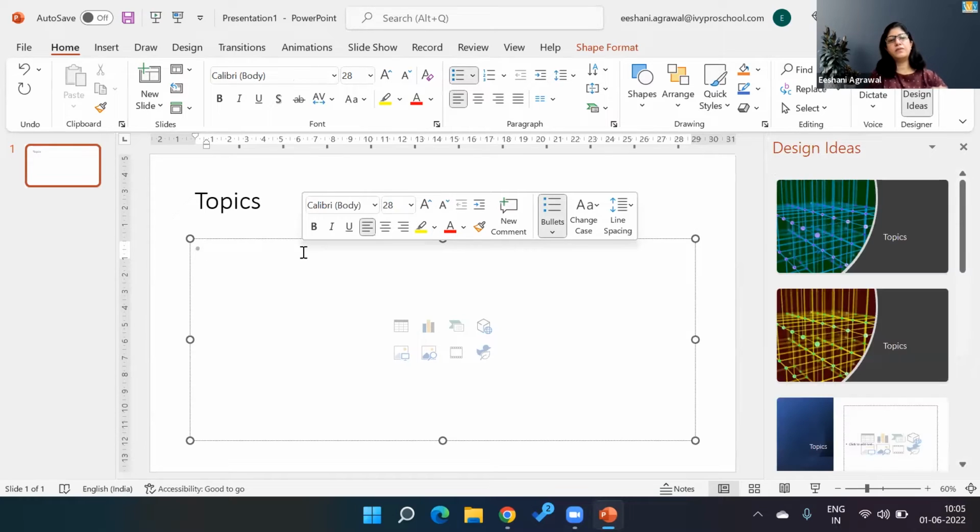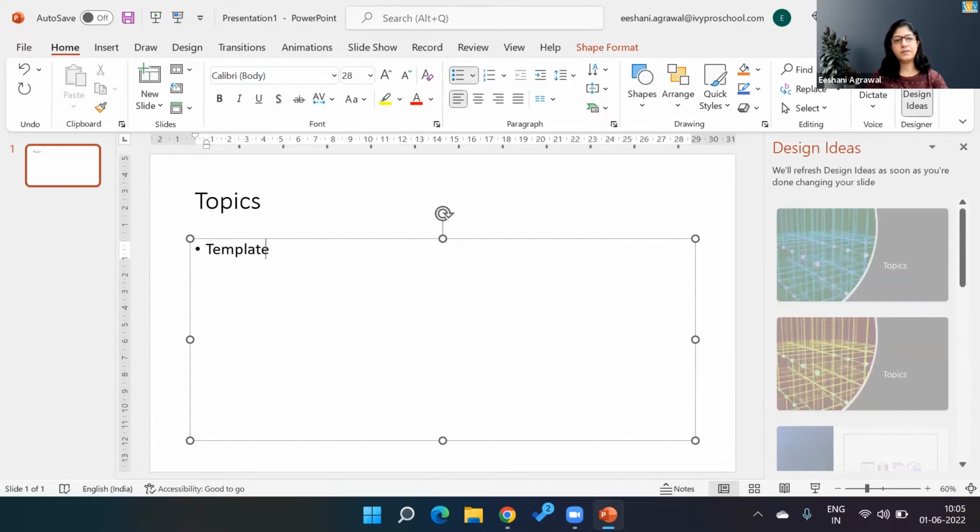Topics for today. Number one, we are going to talk about templates. What are templates? Why do we need them? How do we create them? Within that, we'll talk about the slide master. Within that, we'll talk about the insert placeholder, what it does for us, and how to create new layouts, how to work with themes,